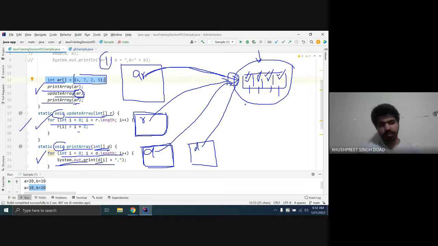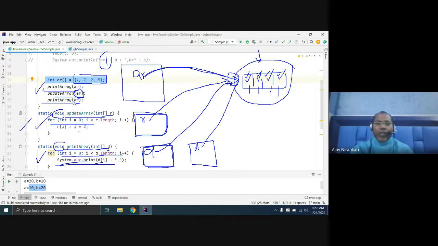Sir, what if we write update array at the end, print array, then update array? Then it will print the updated values at last. Yes, like the first two lines will be the same. Okay, let's see again. First you invoke this print method. So the print method is invoked here. It just prints the value, whatever value it has. Let's invoke this print method again, right? So again it invokes the same printing.